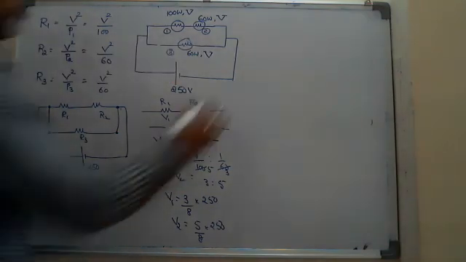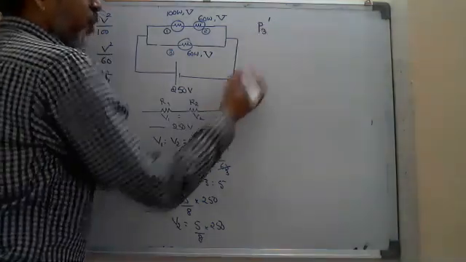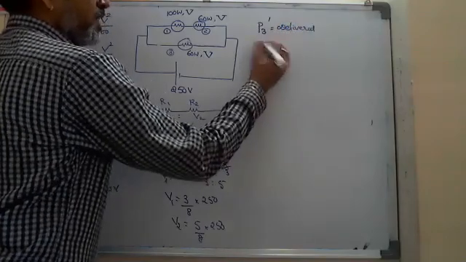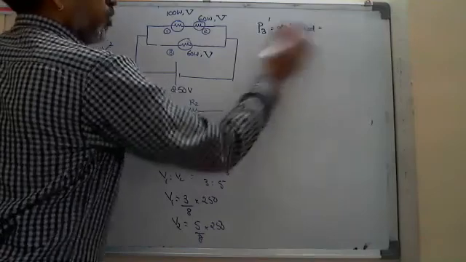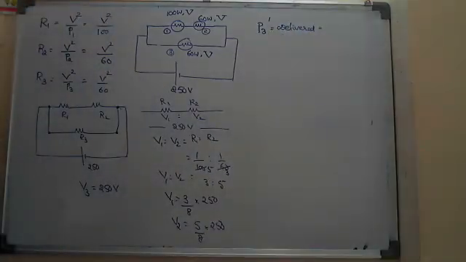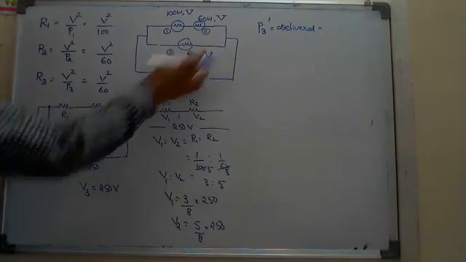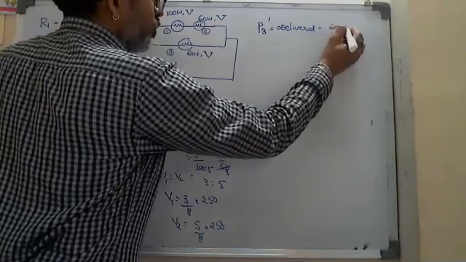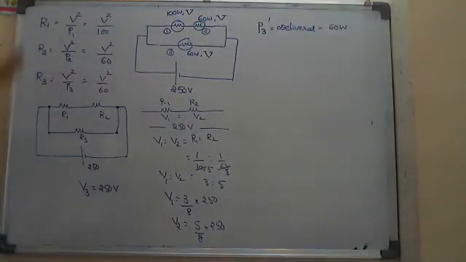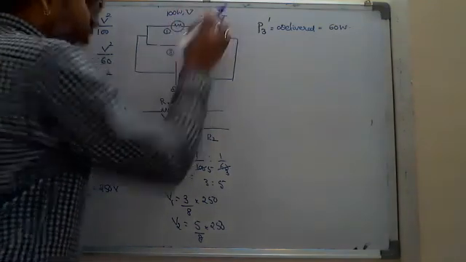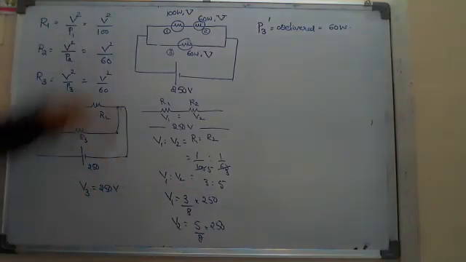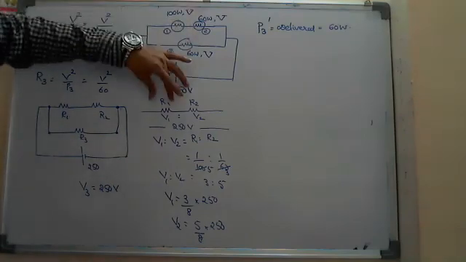Supposed to connect at 250, you connected at 250, both are equal, hence it delivers the same power. For the third one, what will be the power delivered, P dash? The power delivered is exactly, since the printed voltage and connected voltage are equal, 60 watts. Whereas for these two, the printed values and the connected values are not equal, so we have to find out the power delivered by the first bulb.